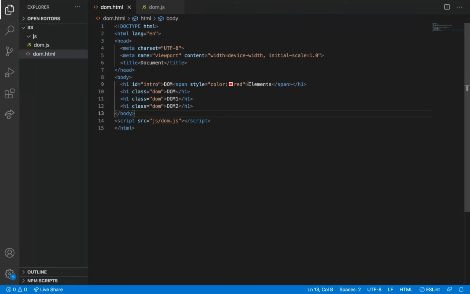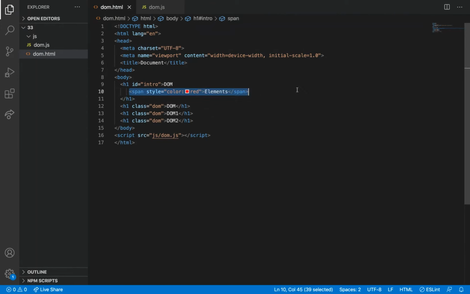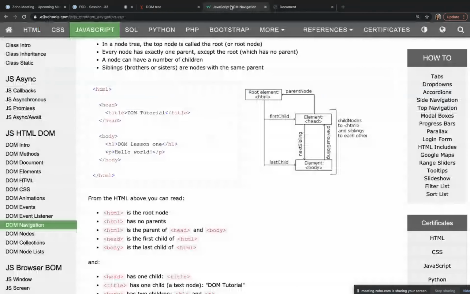Okay. So the H1 tag is the parent for this span tag, and then the body tag is the grandparent for this. So it has a hierarchy. It has a tree. We already showed some tree. So it has a hierarchy like this.